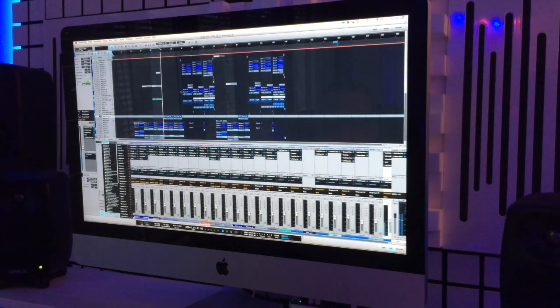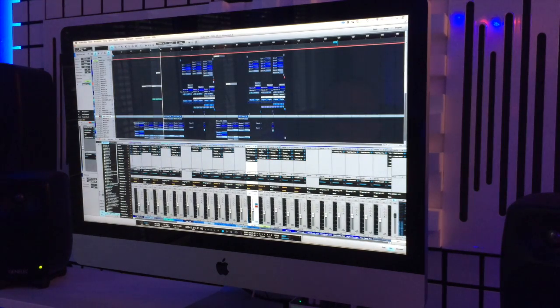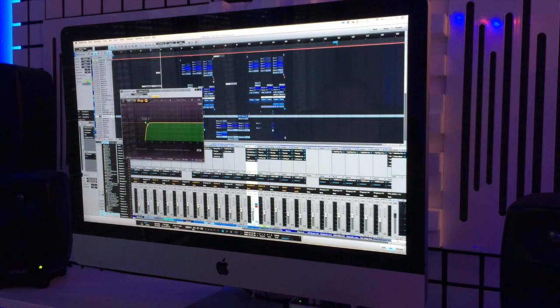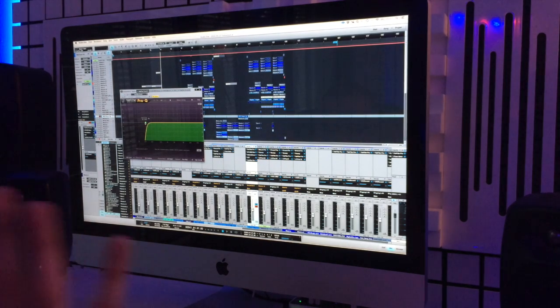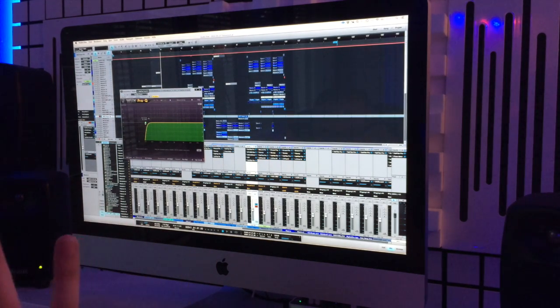Wait, I need to find the channel. First thing is I cut the low frequencies, of course. Every percussion, like claps, hi-hats, snares, shakers, rim shots, cymbals, crashes, everything needs to be cut below 100 Hertz. And that is because of the frequencies, you can see it here,